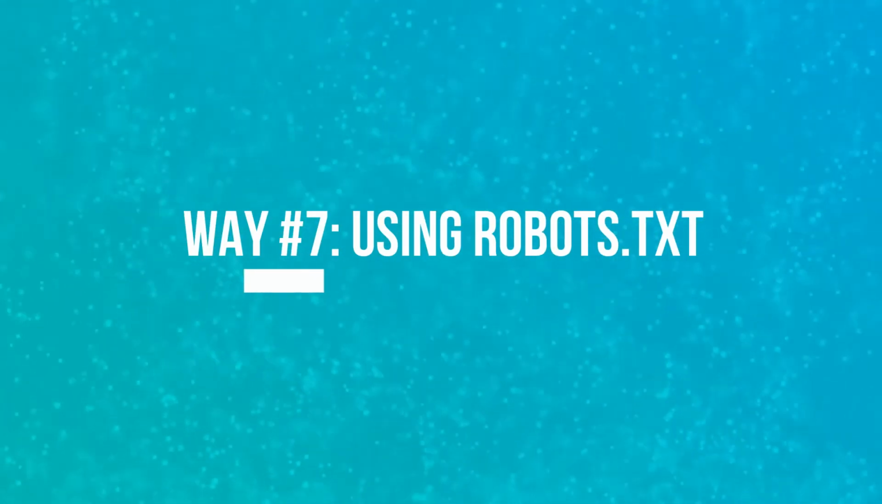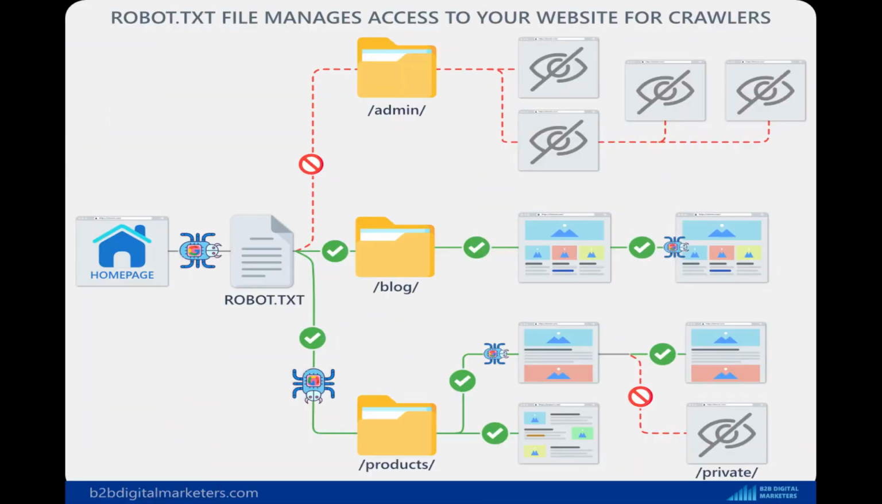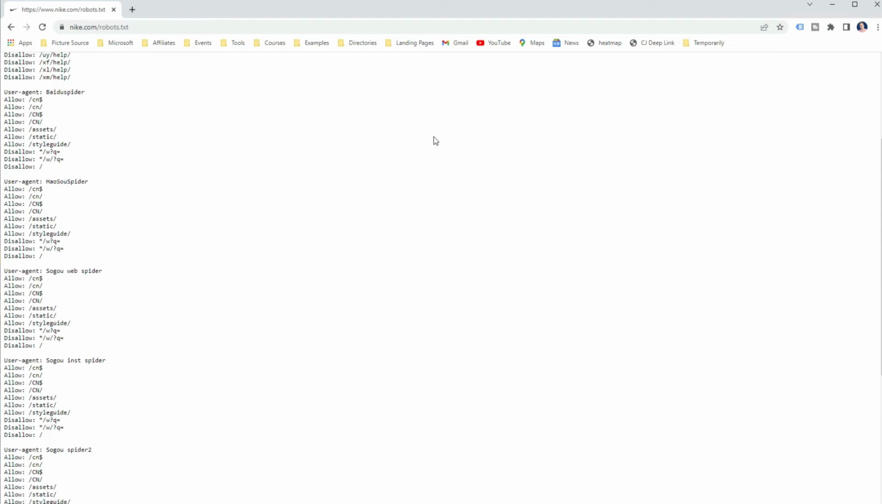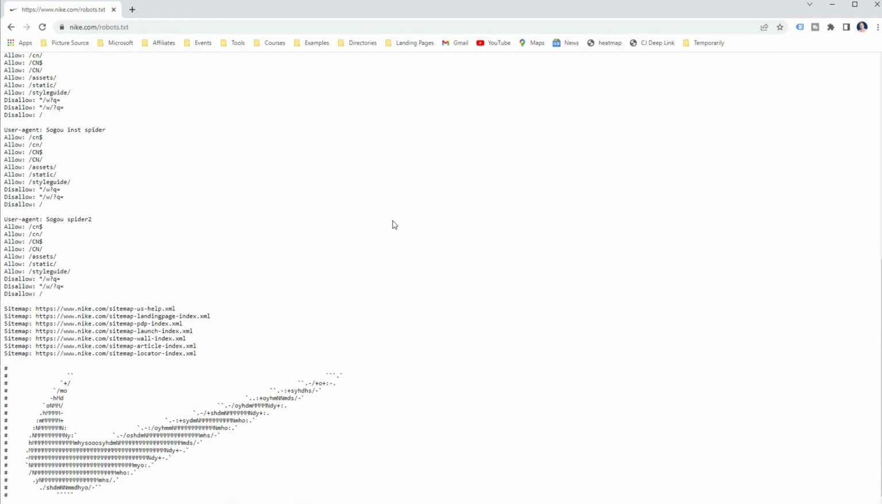Another way to find all pages on the website is by using the robot.txt file. Robot.txt file is used by website owners to manage access for crawlers, which sites, directories, subdomains, and categories can and cannot be accessed. Therefore, by using the robot.txt file, you can find any hidden pages on a website from search